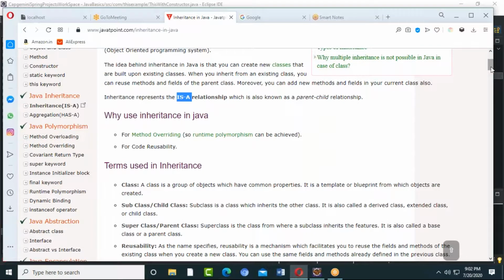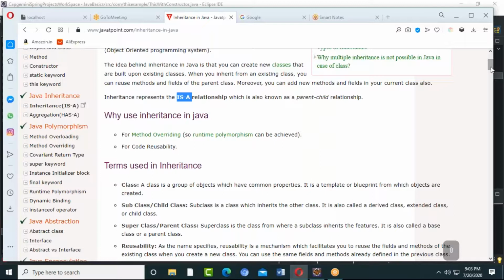If I do inheritance, I have some advantages. The advantage is I don't need to create an object of the superclass. If I create an object of the subclass, indirectly I'm creating an object of the superclass, and any variable or any method, I can access directly.